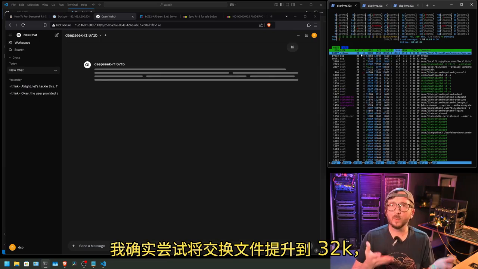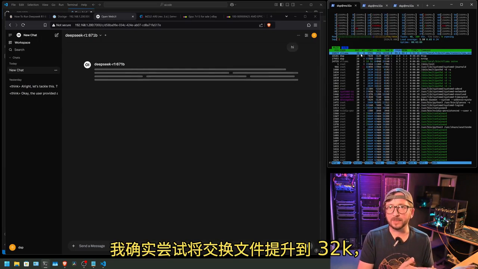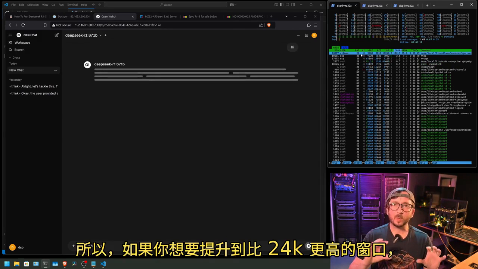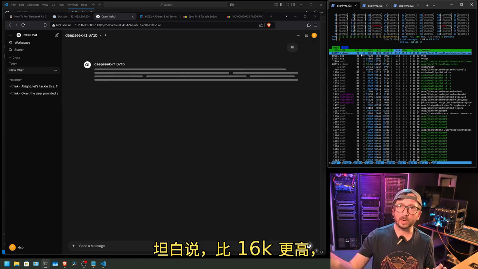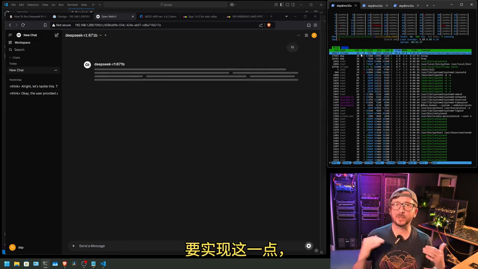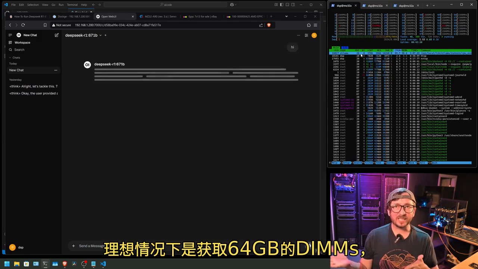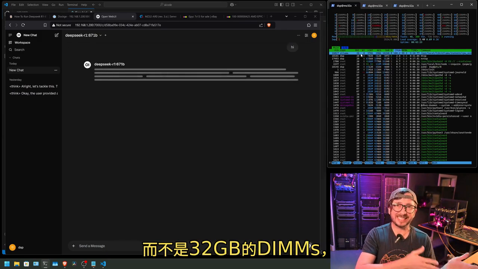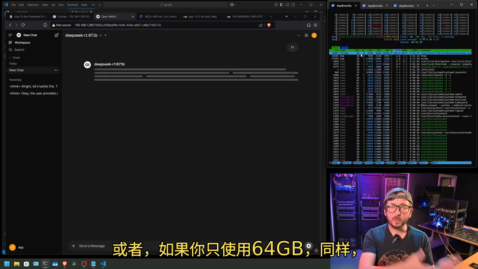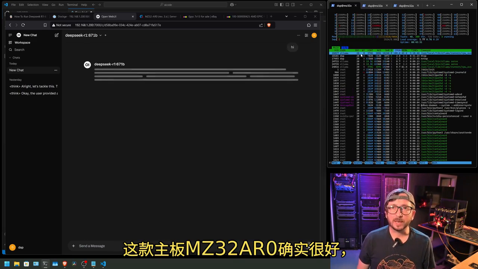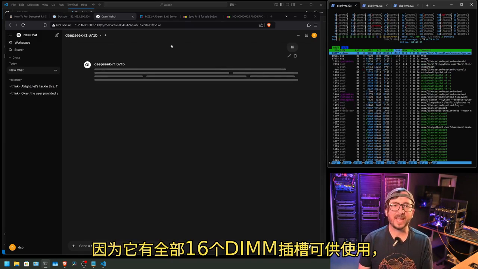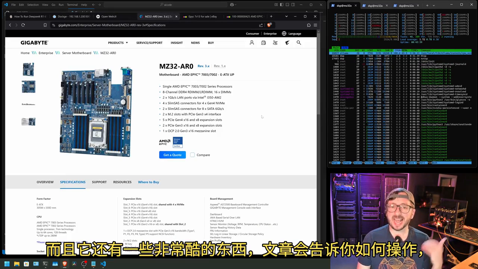I did try upping with a swap file all the way up to like 32K, and it was pretty bad. So if you are thinking that you want to get up to a higher than 24K window, honestly higher than 16K, you should probably get an additional 64 gigabytes of RAM. And the way to do that is to get the 64 gigabyte DIMMs, ideally, instead of the 32 gigabyte DIMMs, because that will allow you to stack up 2 extra and pull out 2 of the 32 gigabytes. Or if you just go with 64 gigabytes, again, this motherboard, the MZ32AR0, is really good because it has all those